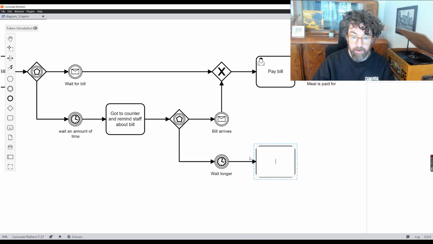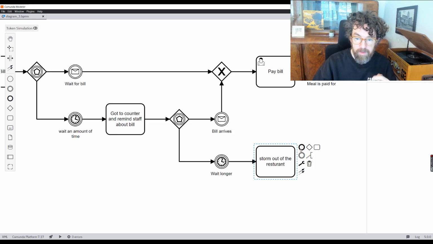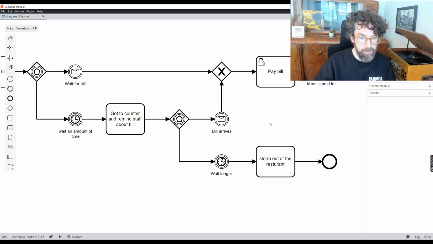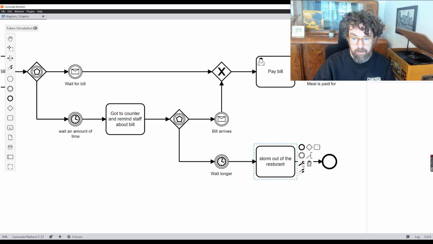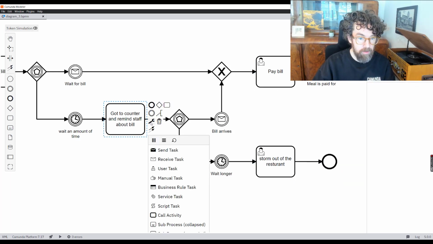If we were waiting longer, then we will storm out of the restaurant. Maybe that's called an edge case, but it's possible. Okay, and this is a user task, and this is a user task.